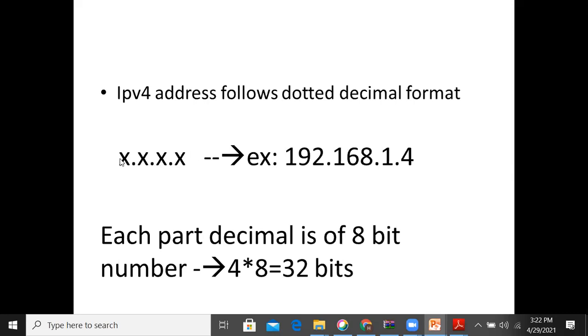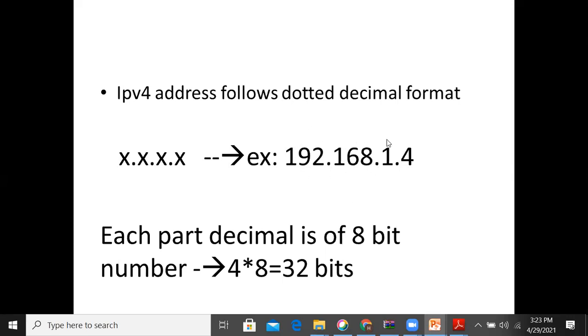That's why we are representing it as dotted decimal format. You can see one example I have written, 192.168.1.4. 192 is one decimal number, 168 is one decimal number, 1 is another decimal number, and 4. So it will have 4 parts.